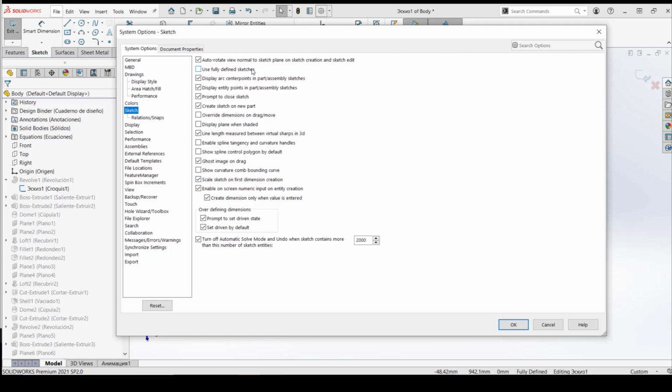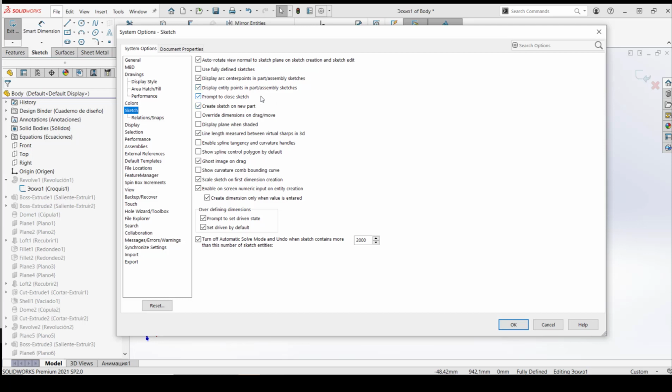We have different displays that you can choose from, different display options. We have an option, where'd it go? I'm missing it. Oh, there it is. Prompt to close sketch. So when you're trying to exit out of a sketch, it'll prompt you. It'll say, please close your sketch. Your sketch isn't closed. Do you want us to close your sketch? It'll say something along those lines. And this might not always be good, actually, because there are some features that don't require a closed sketch to create. So I have that on because I don't mind saying, no, I don't want to close my sketch, but that's up to you.